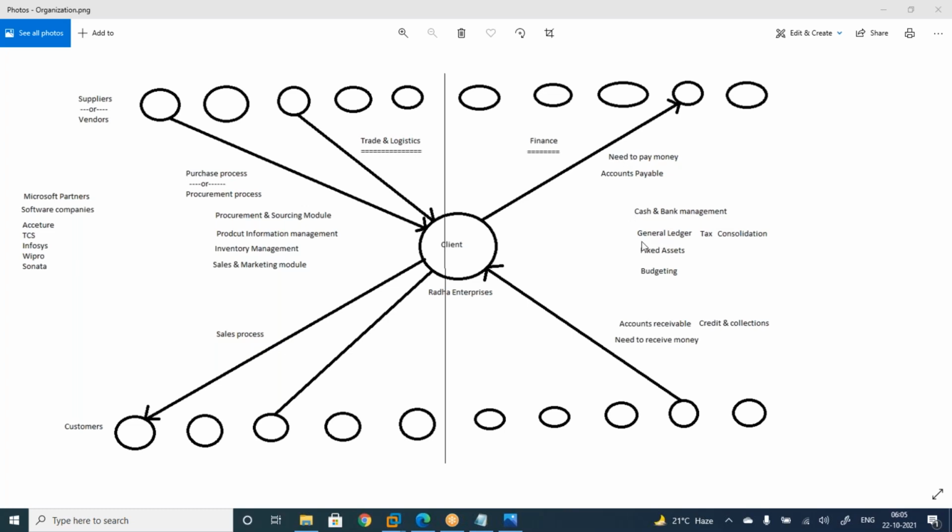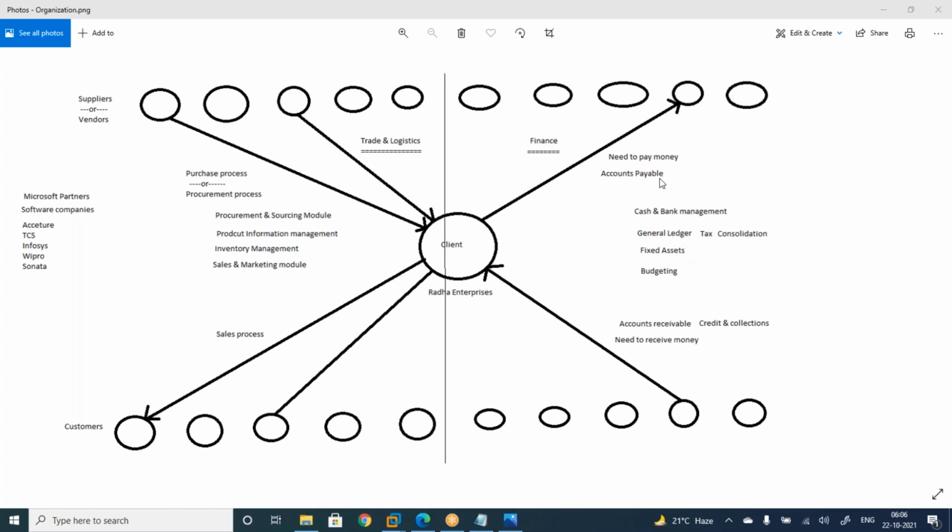Next, to understand the profit and everything calculations, you need to understand general ledger module. And fixed assets, budgeting: fixed assets is more about your assets, like you will have laptops, you will have building, and you will have furniture. All those things will be maintained in the fixed assets. You will understand this fixed assets later on. Budgeting means the control on expenditure. If you don't have control on expenditure, then your company will be going in the wrong direction. So for better understanding about the expenses control, we can use budgeting module.